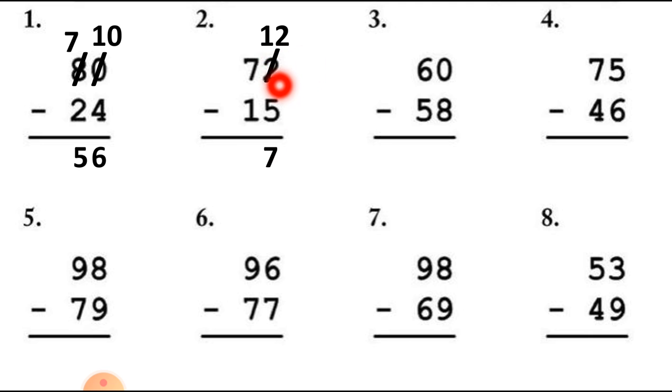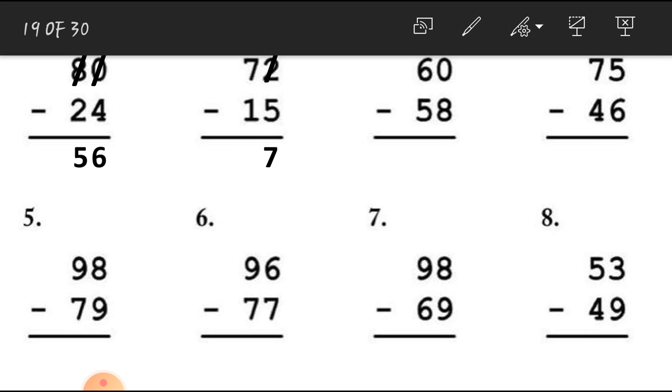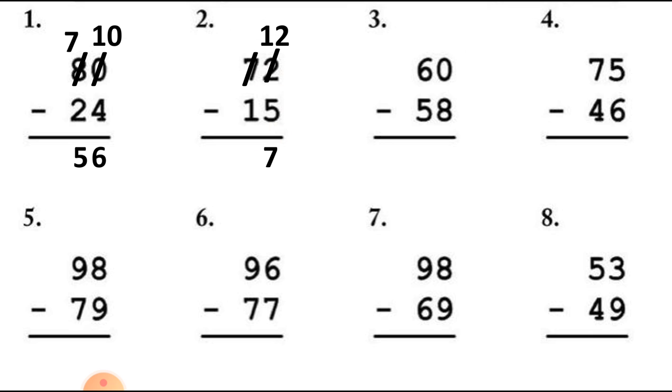Now the ones column is complete. Let's move to the tens column. Here is the 7 number. If we are cutting 1 number from the 7, 7 minus 1 is equal to 6. You can see here 6. So 6 minus 1. We have to cut 1 number from this 6. So 6 minus 1 is equal to 5. So here is our answer 57.